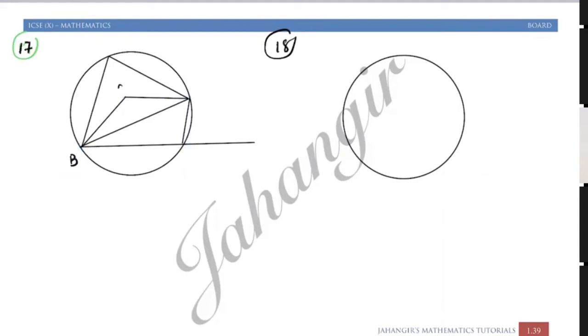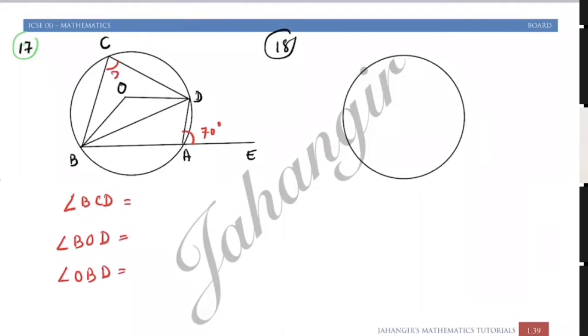Here we have B, O, D, A, E, C. This question is easy. Angle DAE is 70 degrees, so angle C will be 70 degrees. Let me write, this angle is 70. Find angle BCD, angle BOD, and angle OBD. Quite simple. BCD is 70, an exterior angle, so the center angle is twice the circumference angle. BOD